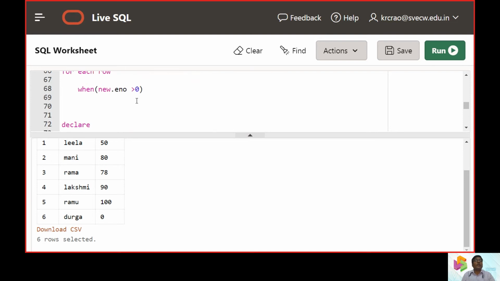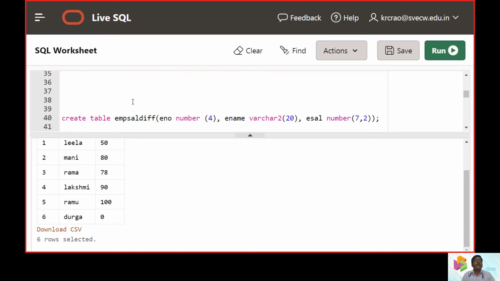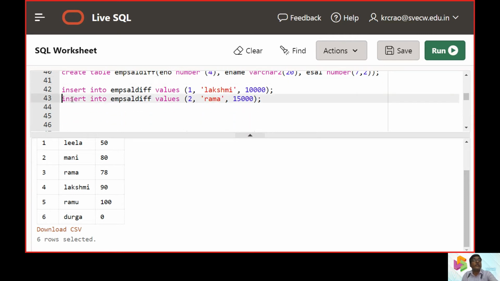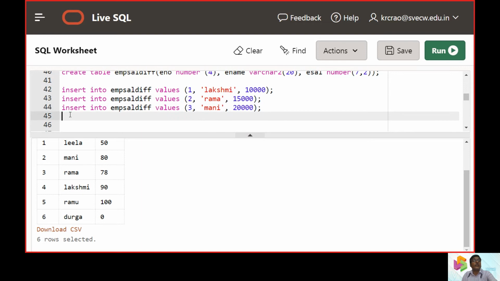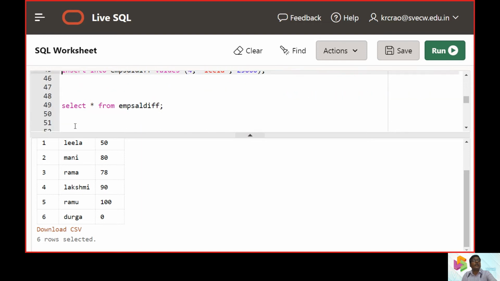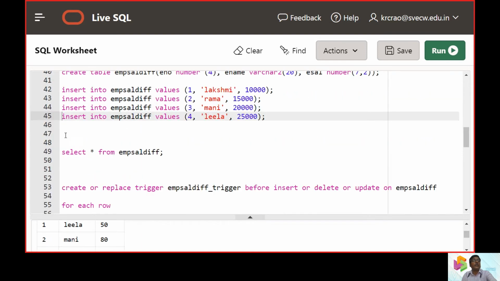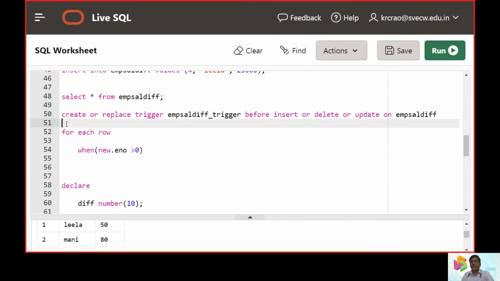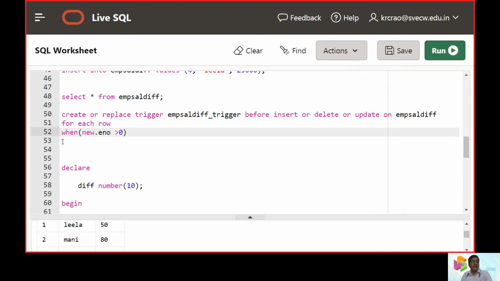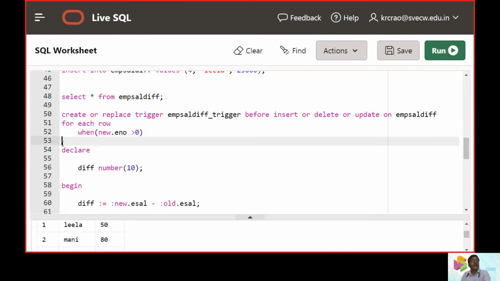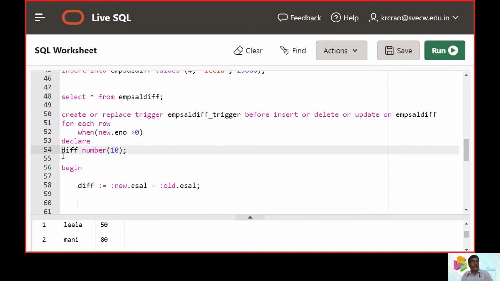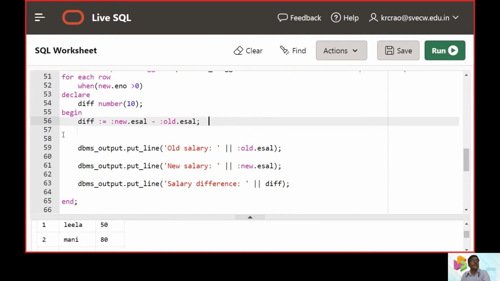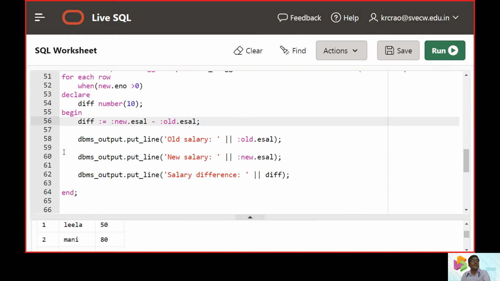So now we will work with the employee database. We will be creating the employee database with 4 insert commands here. Then we will start working with the PLSQL part, that is creating the trigger. We are arranging things in order for clear understanding.